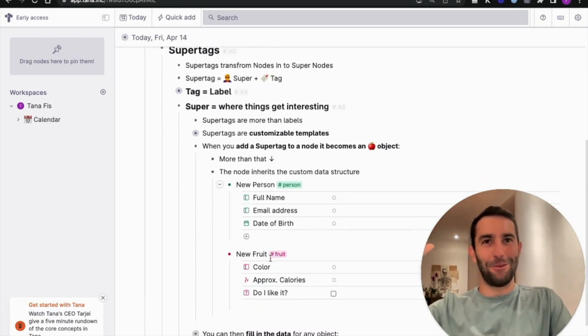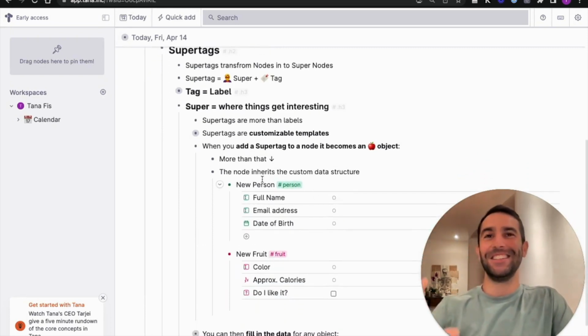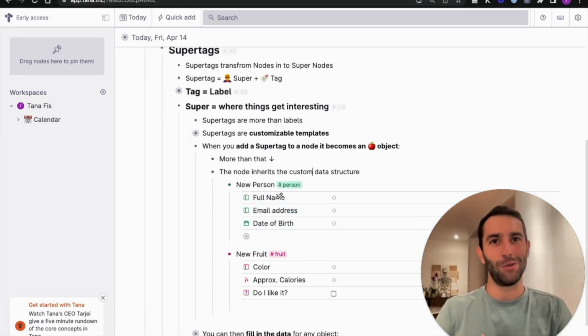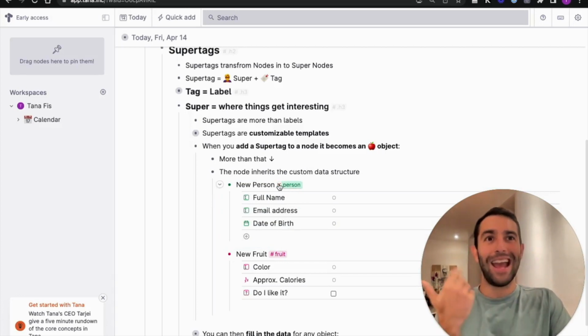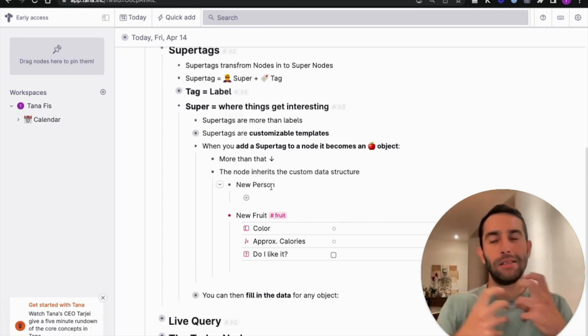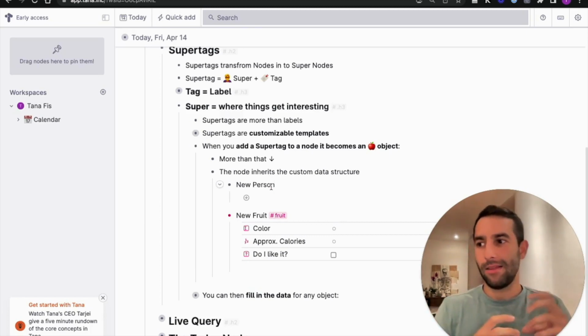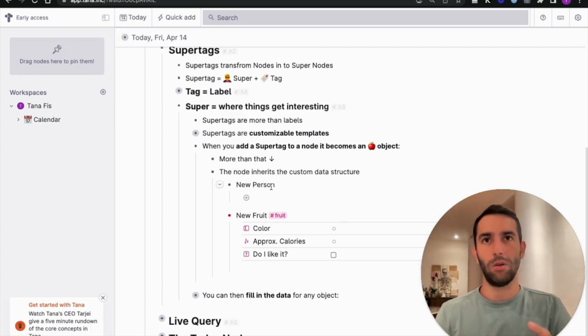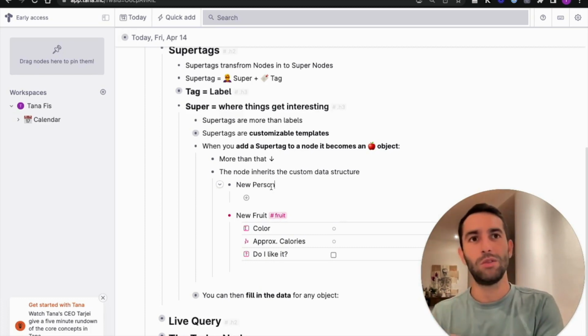This is an example so that you understand. If I'm dealing with a person, the data structure that I chose is a full name, an email address, and date of birth. So when I add this tag to a person, the super tag brings those fields, and this is what they're called, to the node.